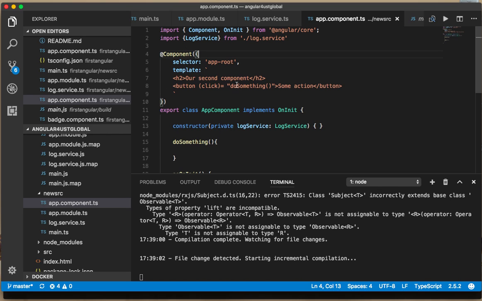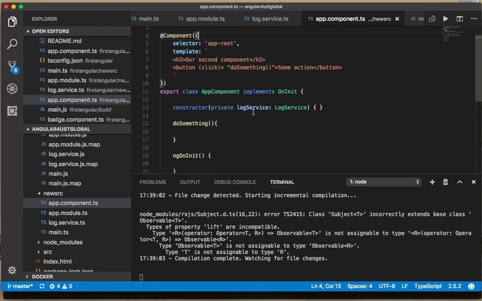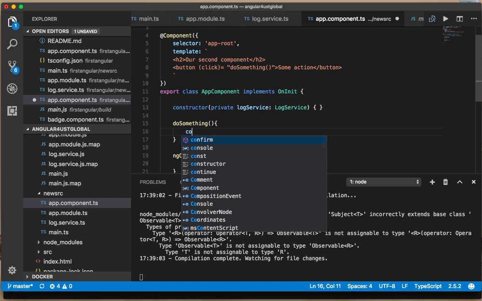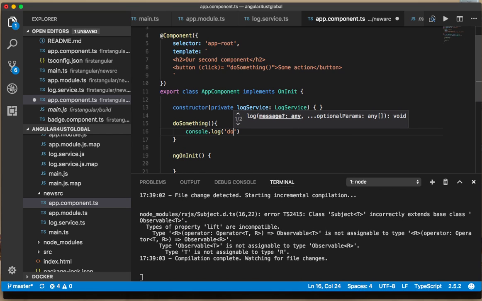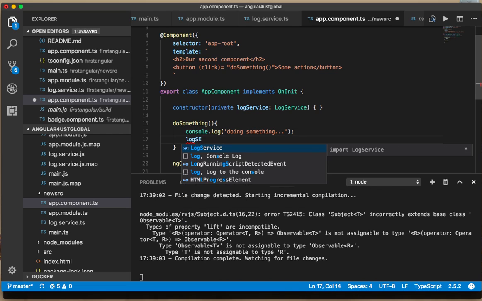And so it's really easy now. Wherever we need it, in whichever component we need it, we'll just add an import statement and we'll just dependency inject it. Once we dependency inject this, you'll notice this is available in the application. So console.log, and I'm just doing something, and I just wanted to write to the log, maybe using the logging service, not this console.log. So this is just using console.log directly, but a log service is like a single